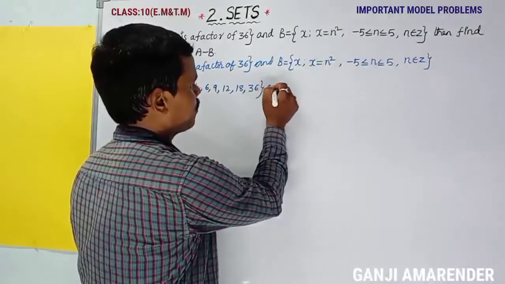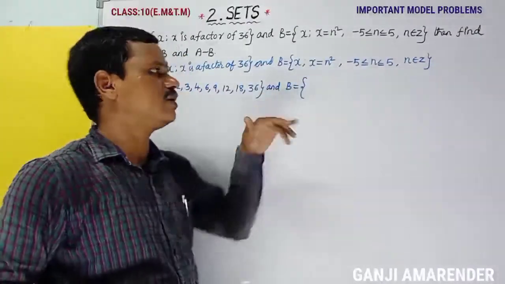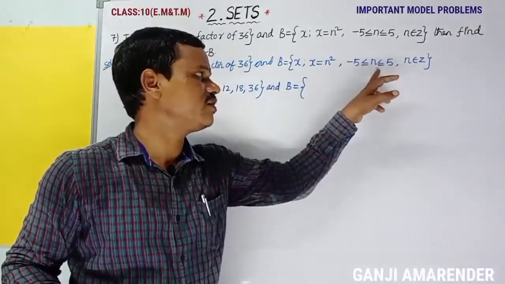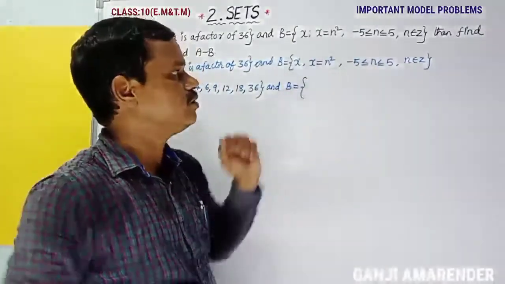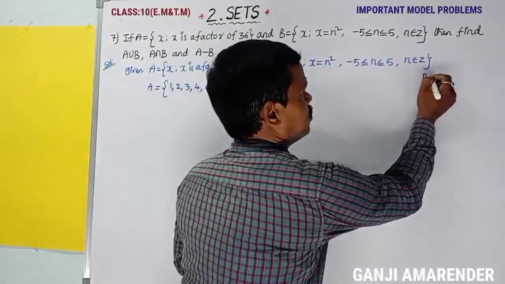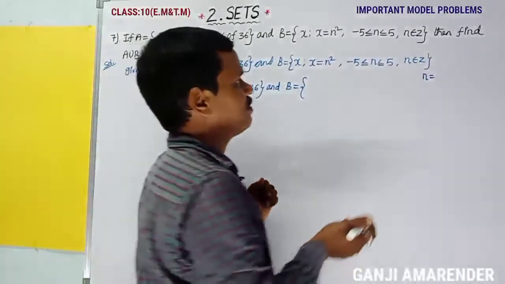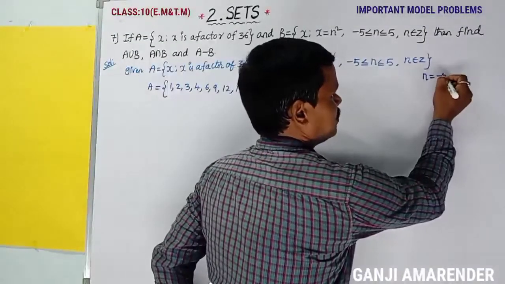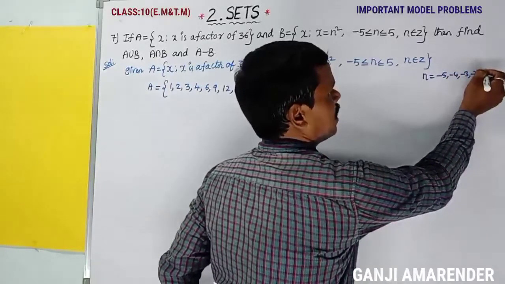And set B, what is set B? Set B is equal to x such that x is equal to n square, minus 5 less than or equal to n less than or equal to 5, n belongs to Z. It means here n is equal to minus 5, minus 4, minus 3, minus 2, minus 1,